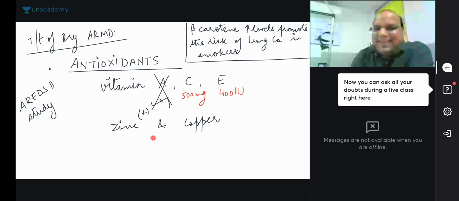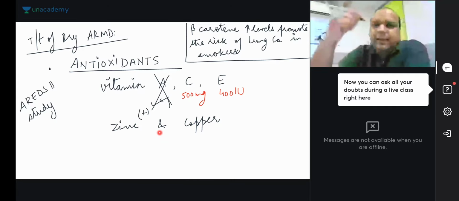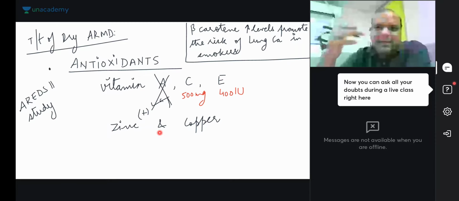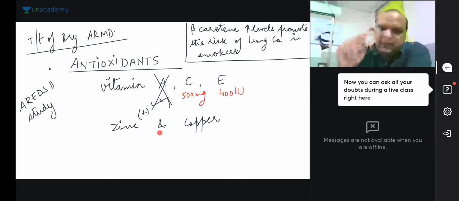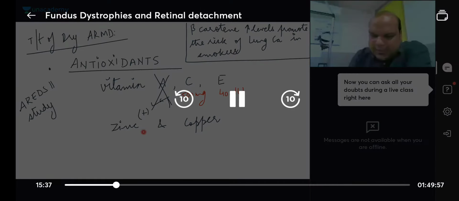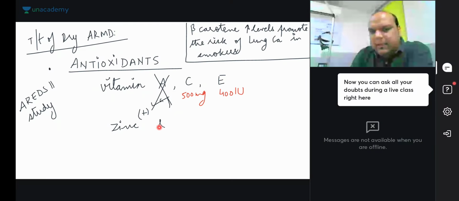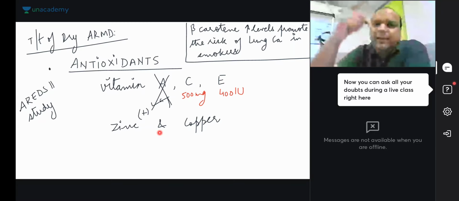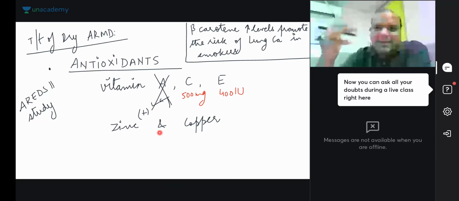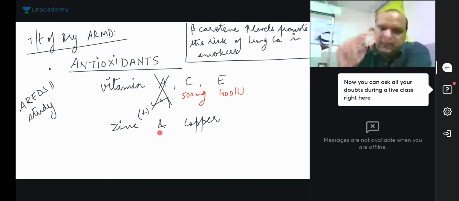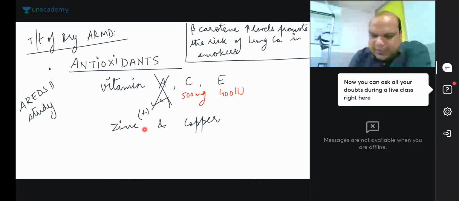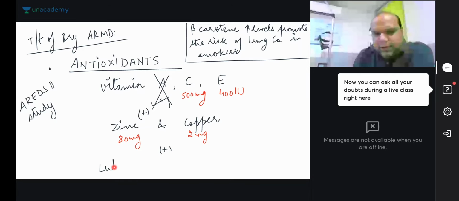Again, I hope you know that zinc is an antioxidant, and copper is given to prevent the toxicity of zinc. Okay, everybody, if zinc levels increase, it can cause zinc toxicity. So copper chelates zinc, and copper is given to prevent the toxicity of zinc. Zinc is given as 80 milligrams, and copper is given as 2 milligrams, plus lutein and